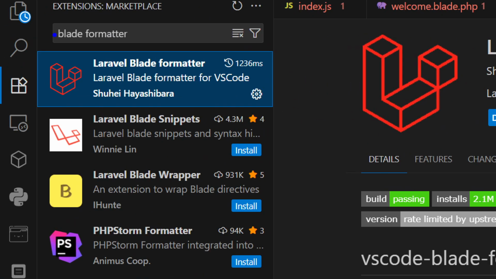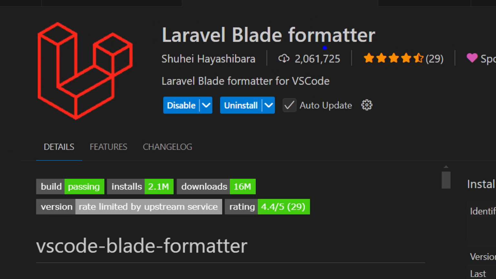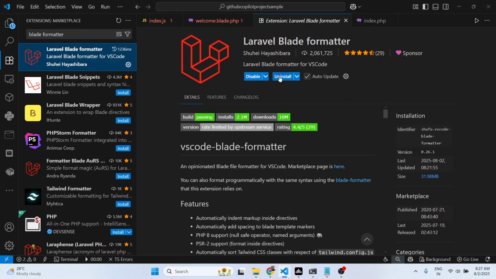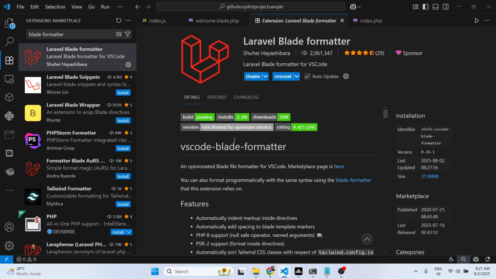Simply go to the extension tab and type here "blade formatter", and this extension will come right here. It's specifically built for Laravel blade files. It's got almost 2 million installs, and it automatically detects the unformatted code and formats it. Once you click the install button and activate this extension, now simply go to